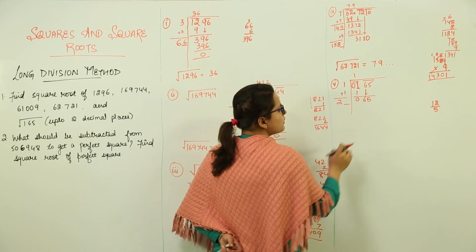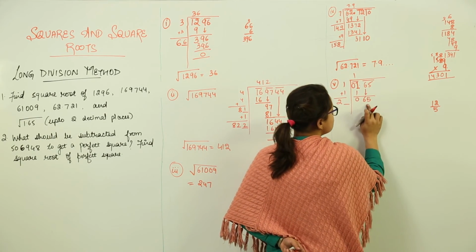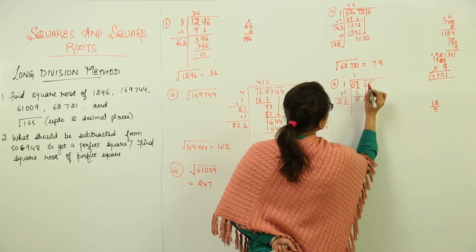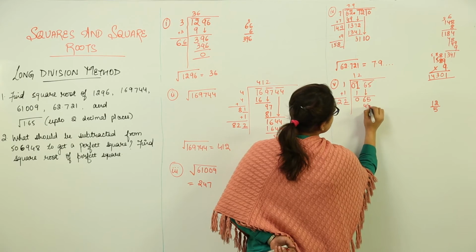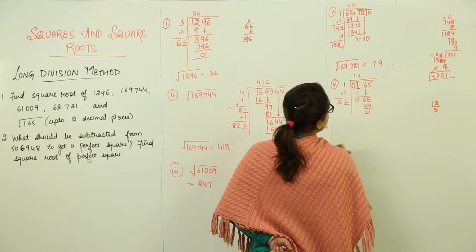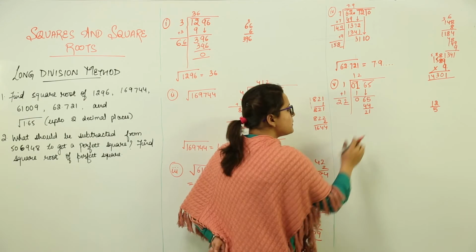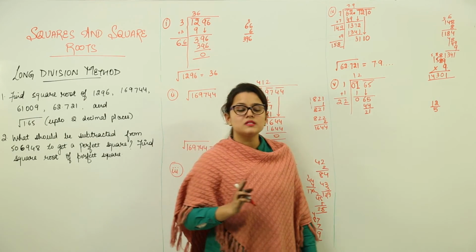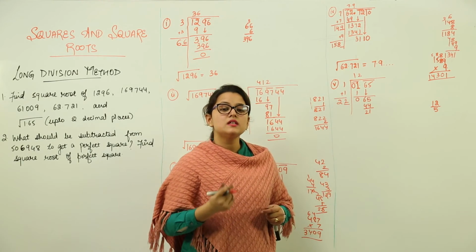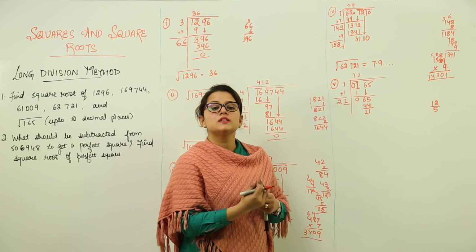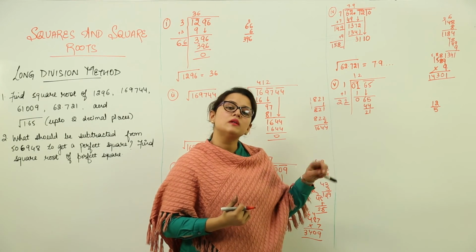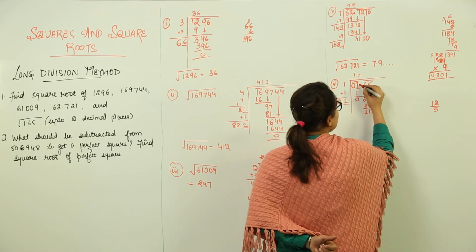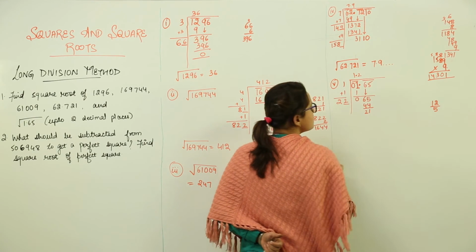Now think of another number that can be placed here and here as well to get 65 or a number lesser than 65. What do we get? We take 2 because 3 would become larger than this. So I am left with 21. Again, we are still not stopping here. Why? Because we are still wanting the answer up to 2 decimal places. When the question is asking for the answer up to 2 decimal places, you take the answer up to 3 decimal places, always one place more than asked. So because I had come across the decimal over here, I will put the decimal there.